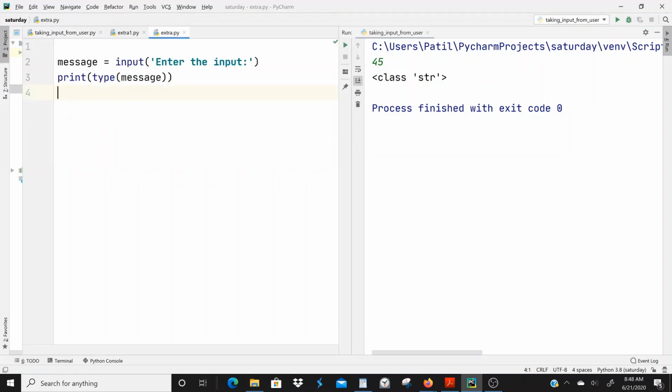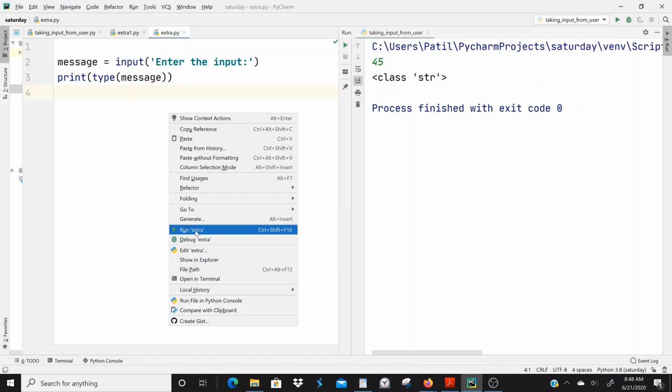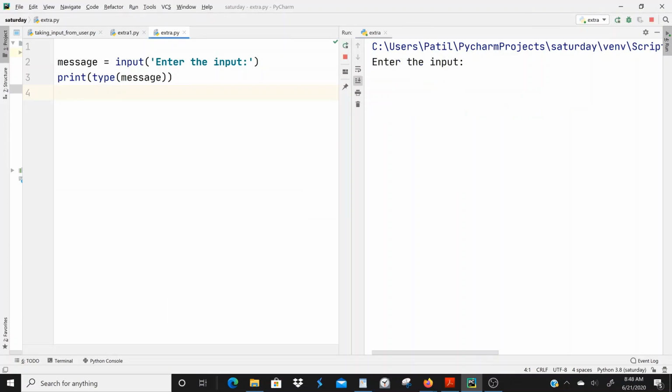Here I have prompted a message so that it will be easy for the user to see when it is waiting for the user to enter the input. So I have entered a string inside the input function: Enter the input. You can enter anything which is informative. And if I run this code, so, enter the input, and now it is waiting for us to enter. If I enter hello world,